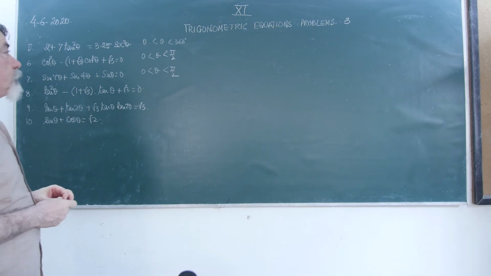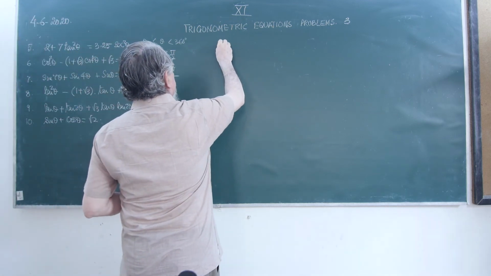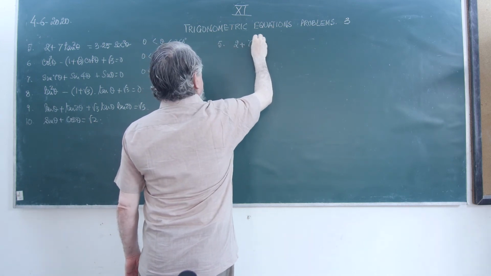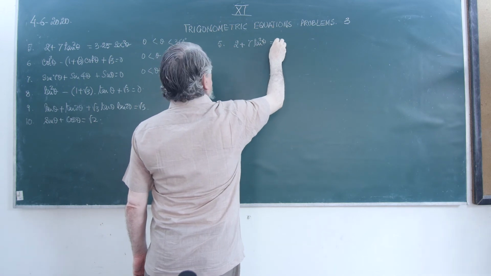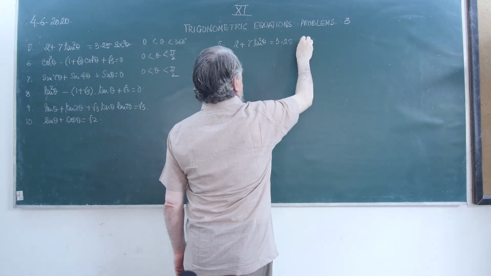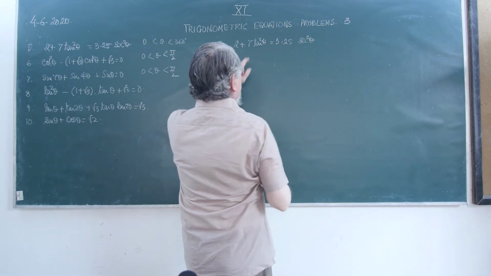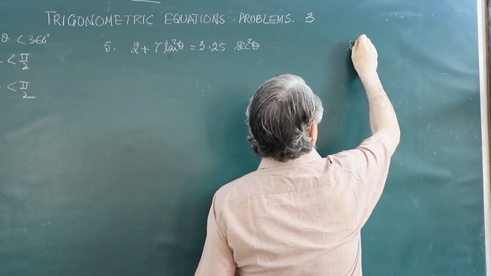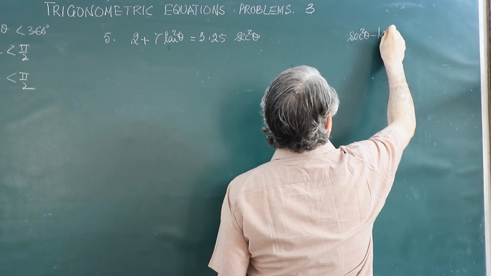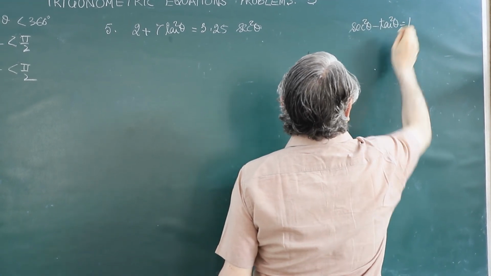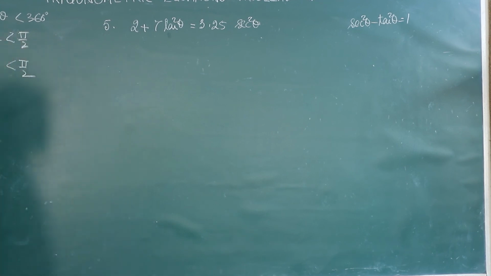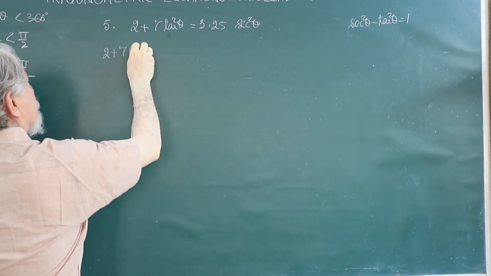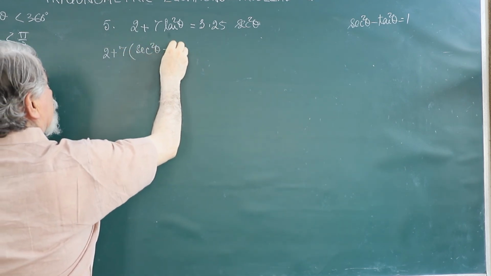Now let's look into the fifth question, which is 2 plus 7 tan square theta is equal to 3.25 sec square theta. I will convert tan square theta in terms of sec square theta. You know sec square theta minus tan square theta is equal to 1. So instead of tan square theta, I can write sec square theta minus 1. So 2 plus 7 times sec square theta minus 1 is equal to